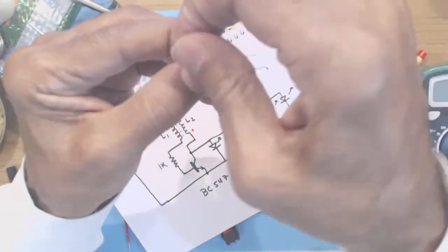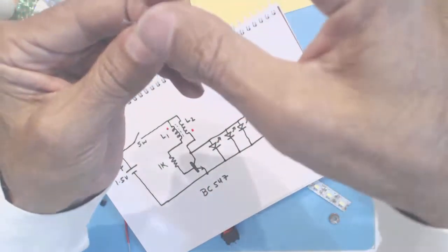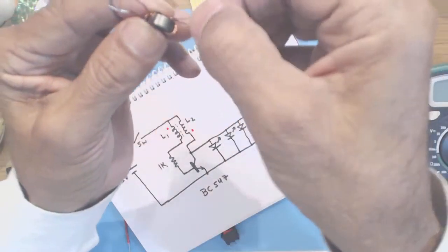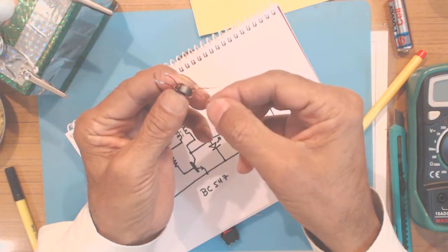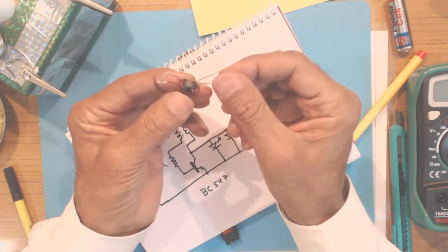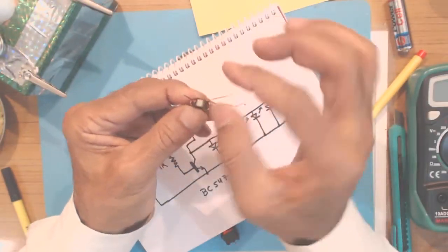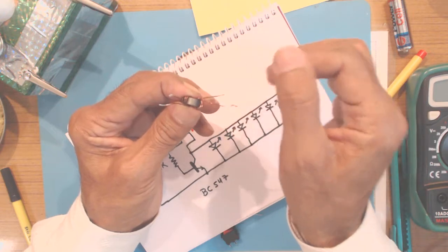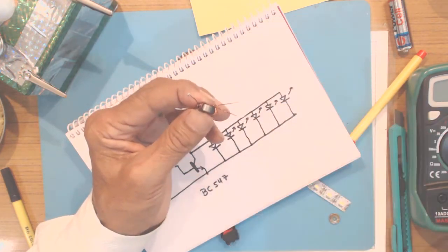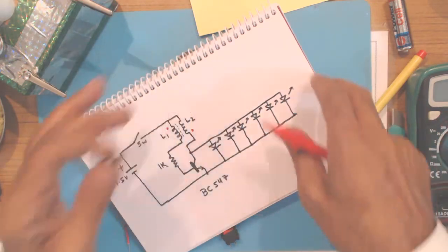See, this is the beginning side. These are 2 separate coils, L1, L2, beginning, and this is the ending. Now you may not know after cutting the wire which wire is which. So in order to find out, keep the beginning portion separate from the ending, and now find out which wire is which. For that you will need a multimeter,